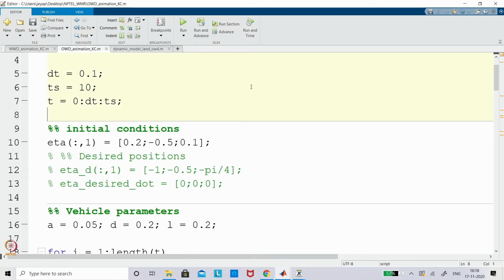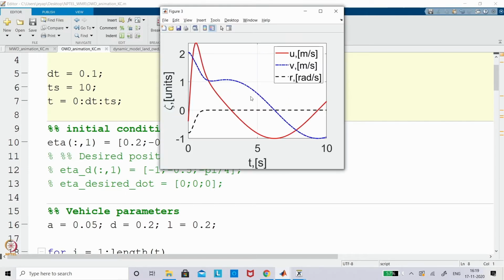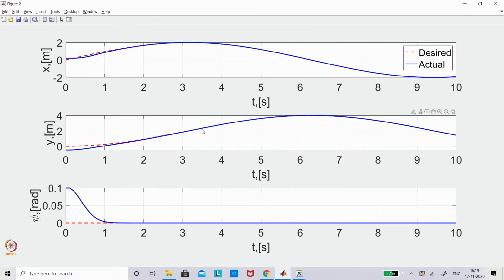Now if I run this, you will see the same thing. It would be starting from a non-zero initial condition, then it tries to go and you can see it is trying to follow that circular profile that was given. And now you brought in the omni wheel directional configuration, right. So right now I have given 30°, 150 and 270, and you can even change that. Further, I have given the radius of the wheel as 0.05. Now you can even change that. So in that sense you can see these all getting changed, right.